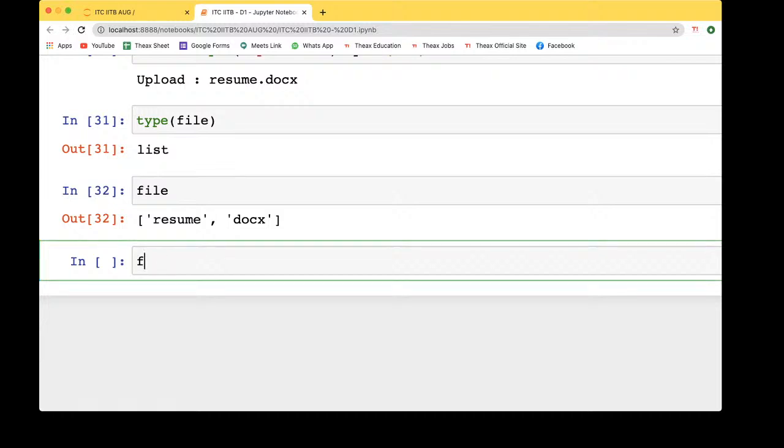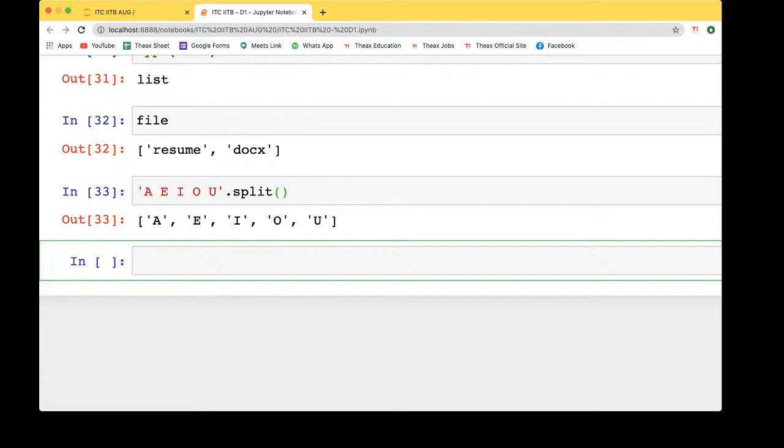So what split actually does is, let's say you are writing A, E, I, O, U, and you want to split it. This splits the individual substrings of our string into a list. Okay, so you can see it like that. Okay, so the next thing is the index. What we do, the indexing, what we study on, right?